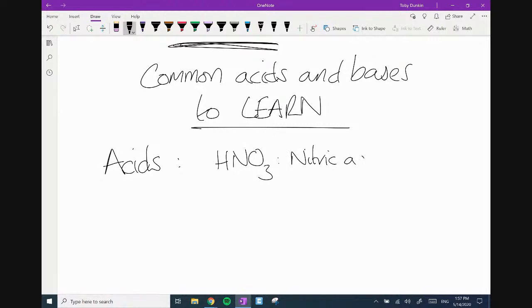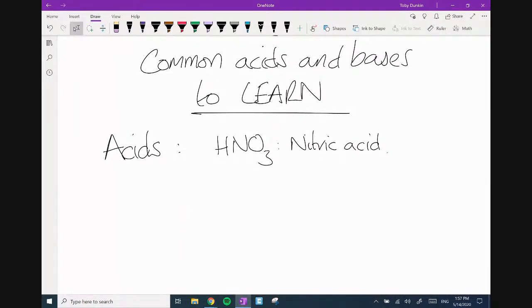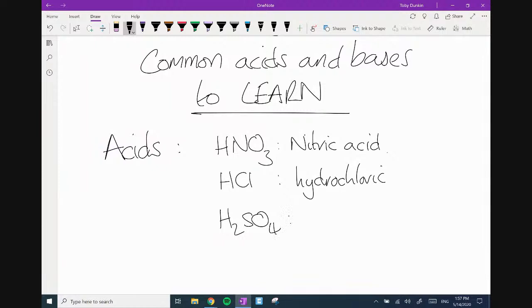Can I just point out, Rue, I really love that you chose that one. Nitric acid is probably the most forgotten of the acids. Hydrochloric, thanks, Ruby. You're a star. HCl, hydrochloric. Love it. Shanley's in there with sulfuric, spelt incorrectly, but it's okay. Hydrochloric acid and sulfuric acid, H2SO4.